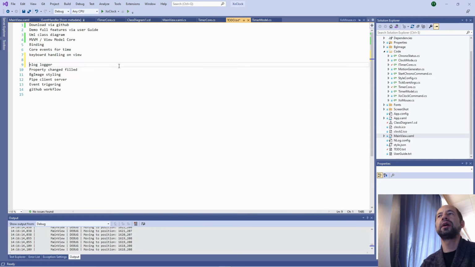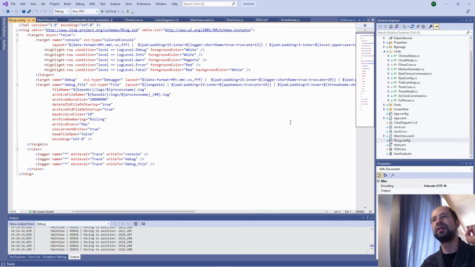NLog logger, I will just tell you that almost all my code in all the projects always uses the NLog logger. I like to use it because in my mind it is simple to configure. You have some targets. I define different targets here and some rules.